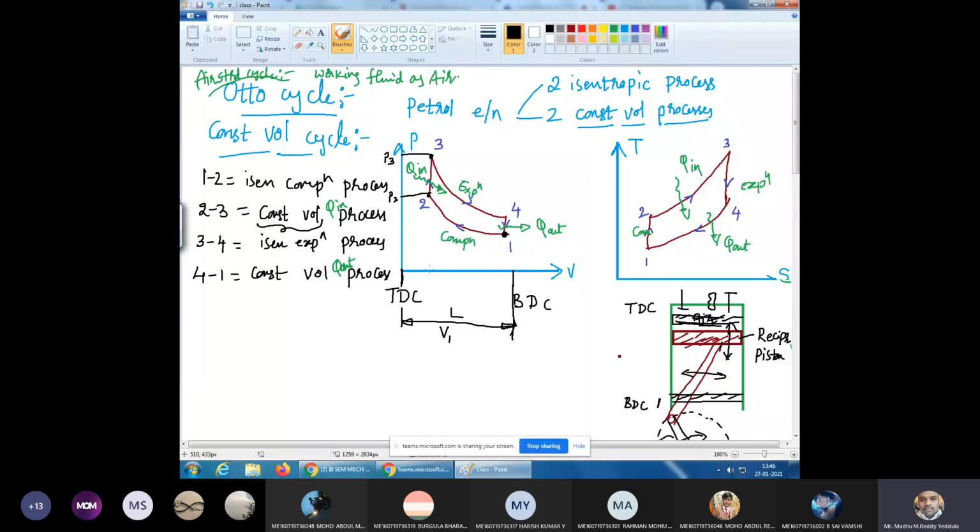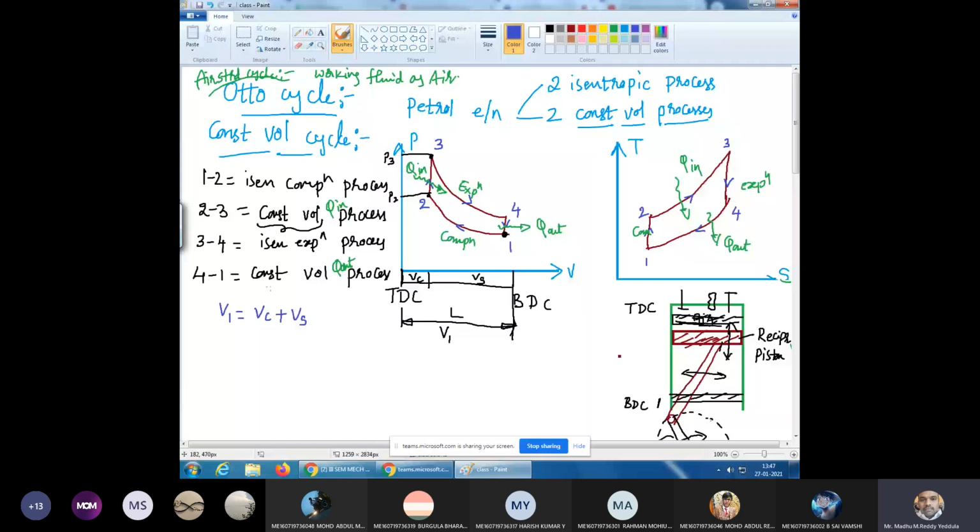Okay, now, due to the valve design and due to friction, the piston can move only till here. From here to here, this volume is called swept volume, and this volume is called clearance volume. Is the representation okay? V1 is the total volume, Vs is the swept volume, Vc is the clearance volume, and V1 is equal to Vc plus Vs. Is it okay? Yes, sir. Very, very important concept.